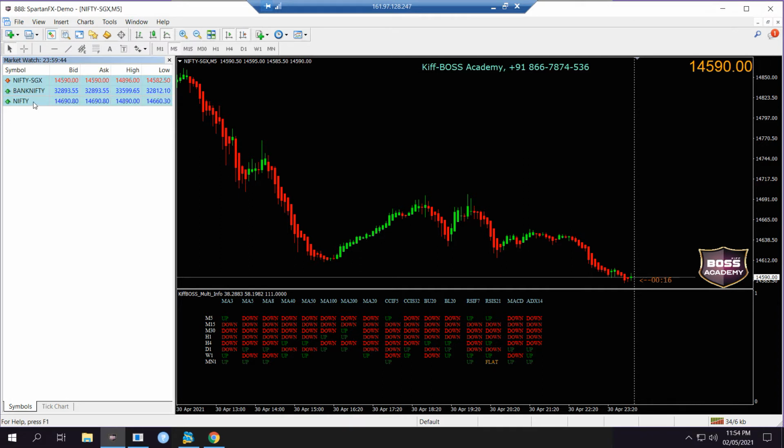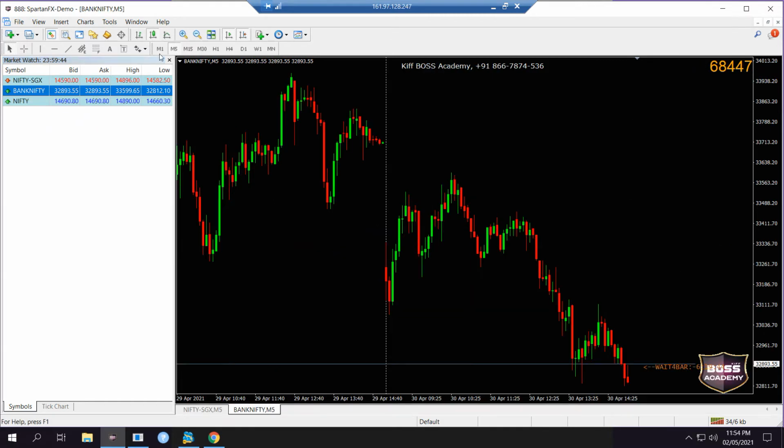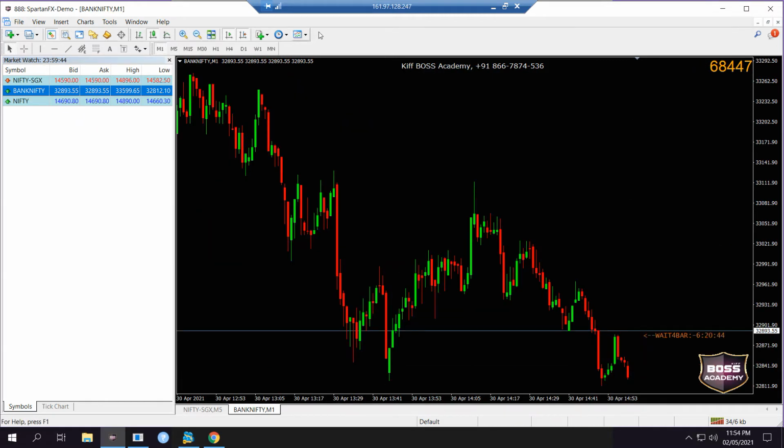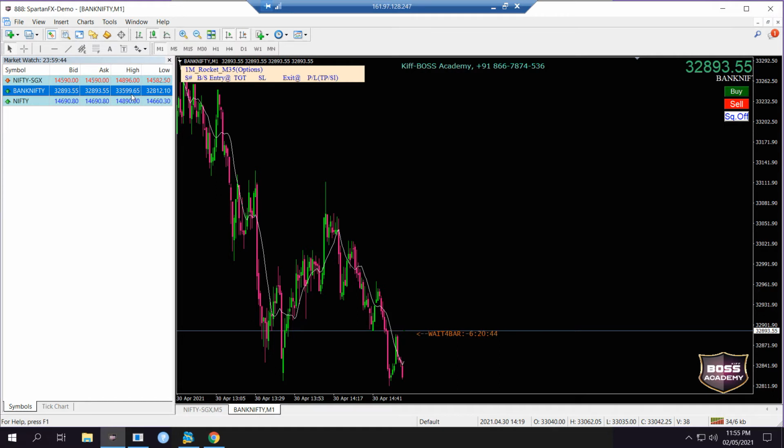Then close. The two scripts will reflect here. Then right click the Bank Nifty chart window, go to 1 minute, apply. That's all. Nifty is ready.